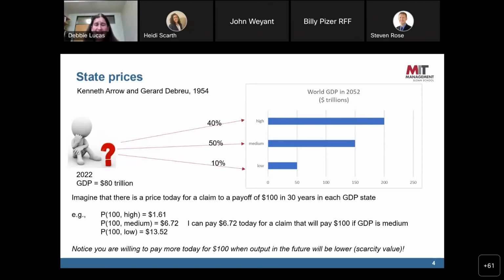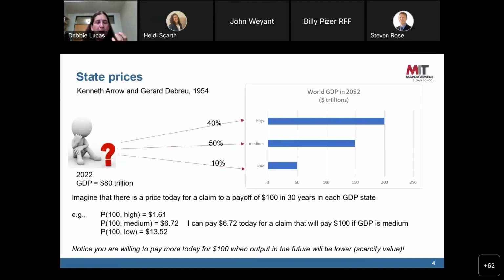So, okay, this is what a state price approach says. This is really important. What it says is how much we're willing to pay today for a certain claim to $100 in the future is going to be different depending on whether the world economy is at 200 trillion, 150 trillion, or only at 50 trillion. So in particular, if I'm going to give you $100 in the high state of the world, how much would you pay for it today? Imagine that the market price, the state price, is $1.61, just for that promise of 100 in the high state. Well, if we look at the very low